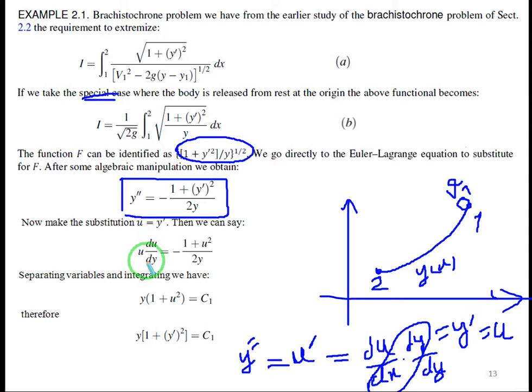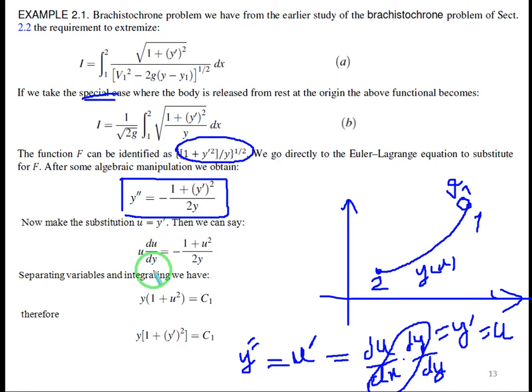So we can express u as a function of y and rewrite the above equation as follows: